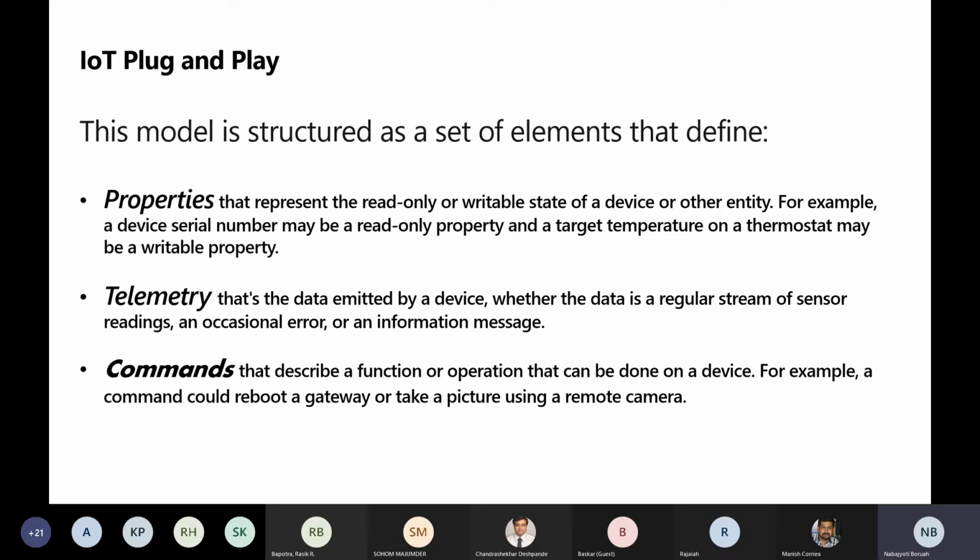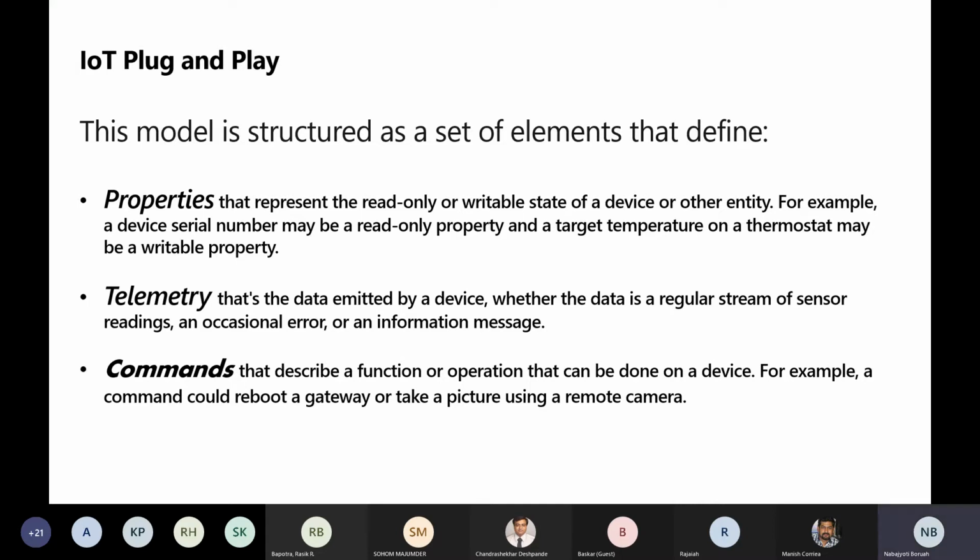So again, I'm saying that plug and play is one of the emerging areas under the IoT implementation that involves cloud computing. It is a combination of two things: the edge device, what we have been talking about, that's number one. And number two,